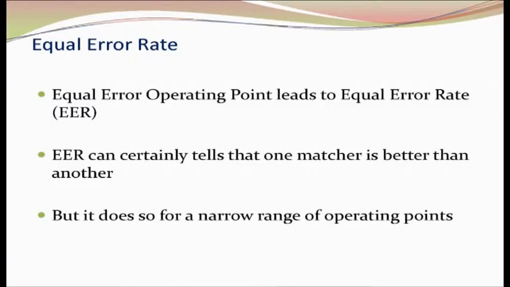So that is the thing we want to tell here. So what is the way out? The way out is, can I get the equal error rate? What does it mean? Equal error rate is nothing but the condition under which both the false acceptance rate and the false rejection rate are the same. So if I know one of them, FAR